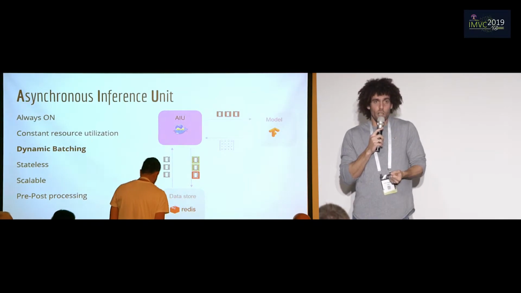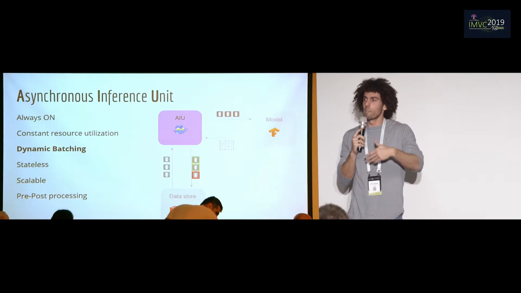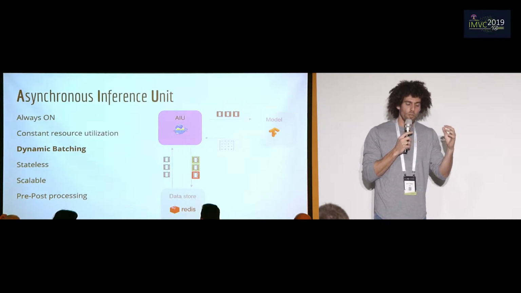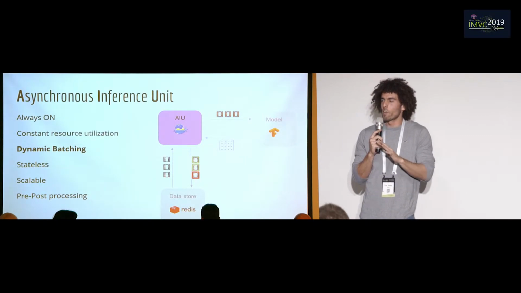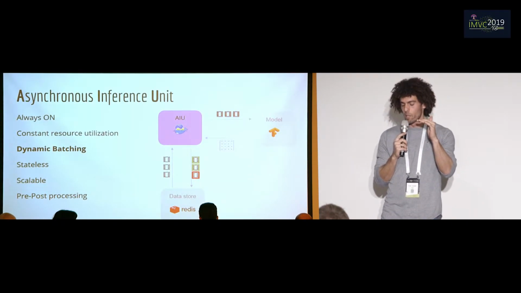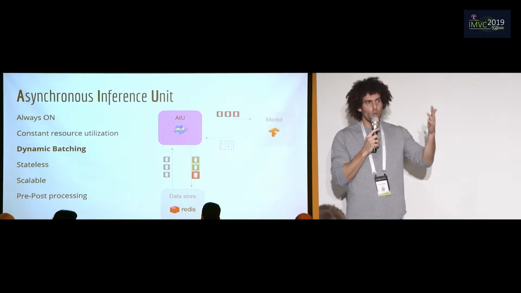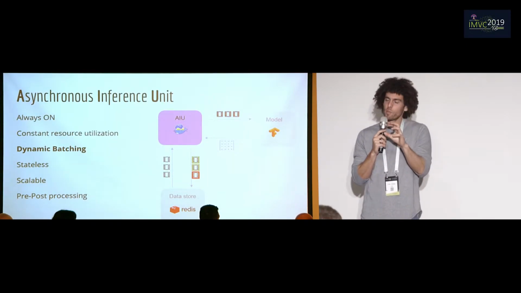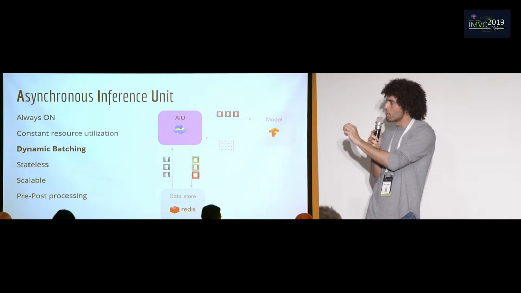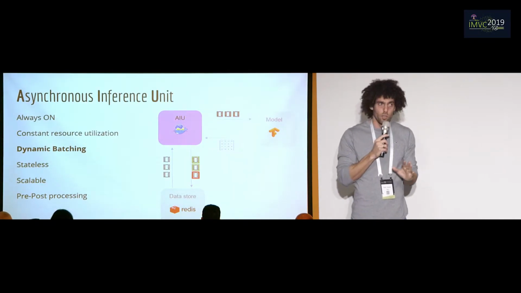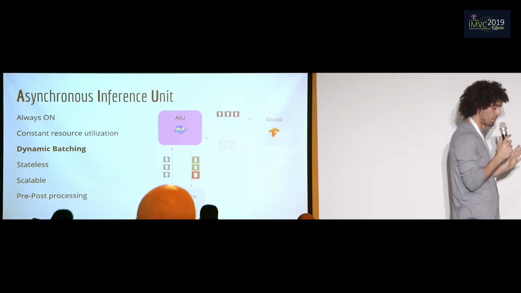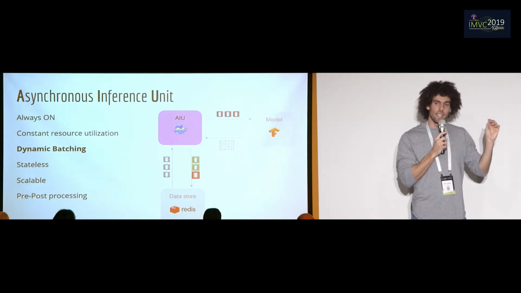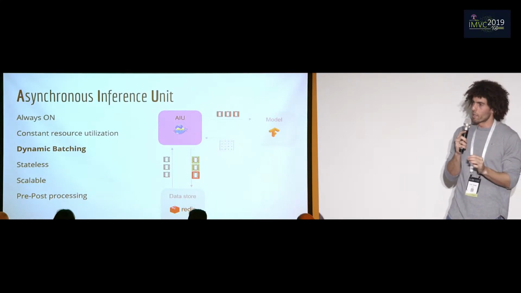So it pulls whatever got aggregated inside and does the same thing over and over again. As you can understand, this creates this phenomenon of dynamic batching, let's say. We do not have a constant batch size, but this dynamic batching soon, like after 1, 2, 3 cycles, converges into a constant batch that is optimal in order to get the fastest inference rate for that specific model, or the lowest latency. The AIU is also, and this is also important, stateless, which by nature makes it extremely